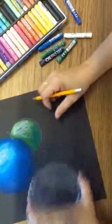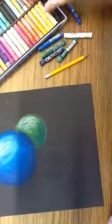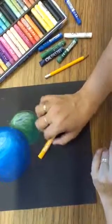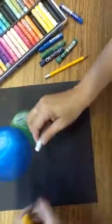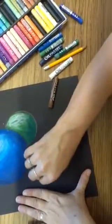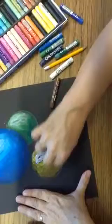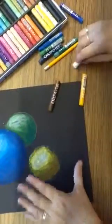Okay, for instance, what if one of your colors is, let's go with yellow. And you don't have a dark yellow. So I'm just going to take my yellow, and since yellow is a very warm color, if I use black, which is a cool color, if I use black with this yellow, it's going to turn green. So I'm going to use the darkest brown as my darker color, and then I still have white, okay? So I'm going to start with white. I'm going to come in and put some brown down here. And then I'm going to do this yellow on top of it. So that gives me a dark yellow, and then I've got a medium yellow, and then the light yellow. And come back and work that out. Most of the colors have darker shades to them,